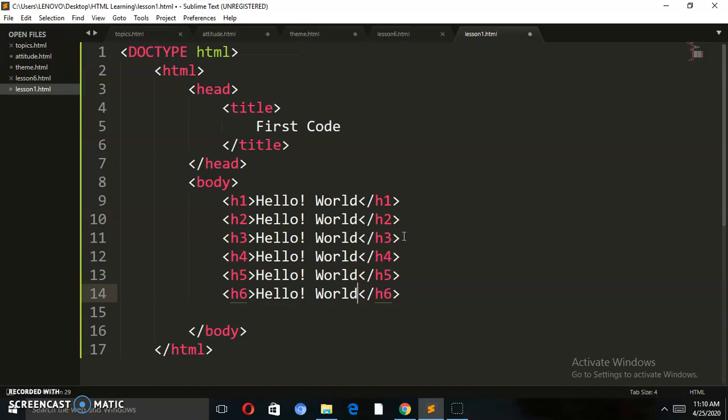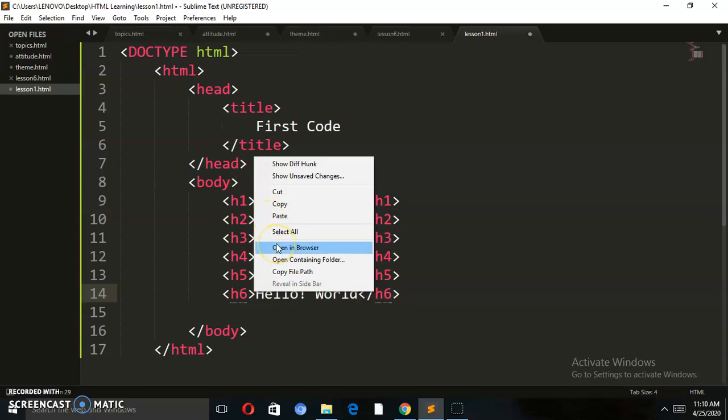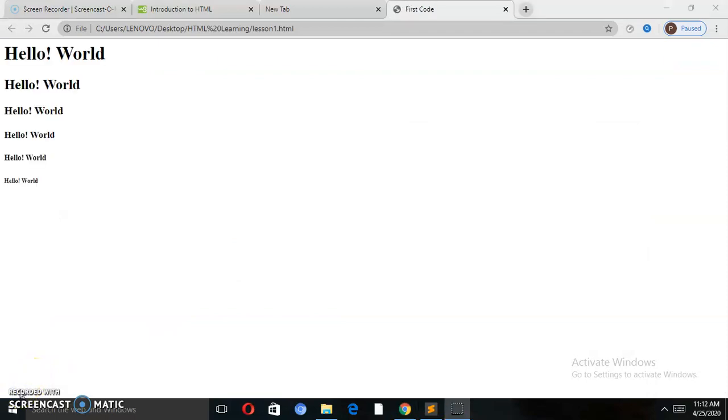So we have written 6 heading tags. Every heading tag has an ending tag. This is the open tag, this is the close tag. Between the open and close tag we have written the content, if you see here. So I will run this. You will come to know the difference between h1, h2, h3, h4, h5 and h6. To run this code you need to right click, click on open browser. Now see the output. Here h1 tag contains